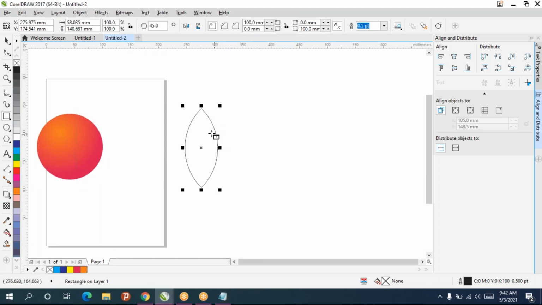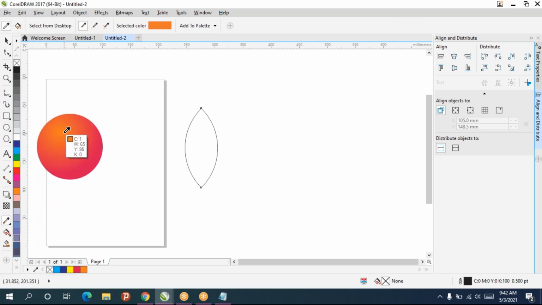See, exactly this color I want for this gradient, whatever I used here. If I want exactly the same for this, just go for the color eyedropper tool. You can select the color and apply only a single color, and the color will be stored in the recent colors.